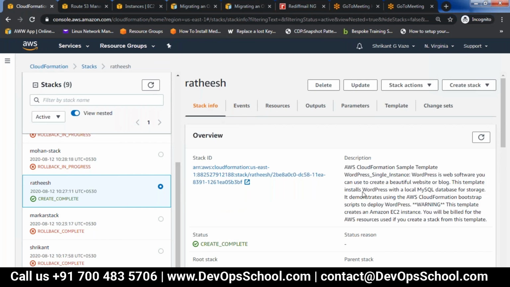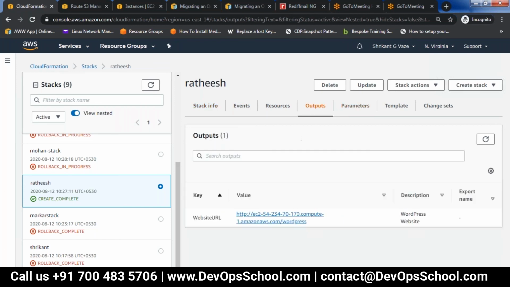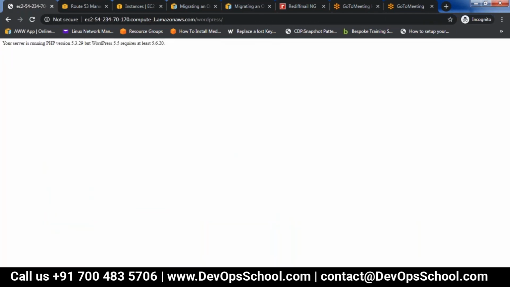But other people have, one person, Ratish, I think he has created the web stack. What was the stack name? Look, this was for Ratish. What was it? So this was WordPress Express. So this got completed, and now you will find this link here. So with the help of that, here, this is the error I got last time. That is why I shifted to the other stack. But here also it gave me an error.